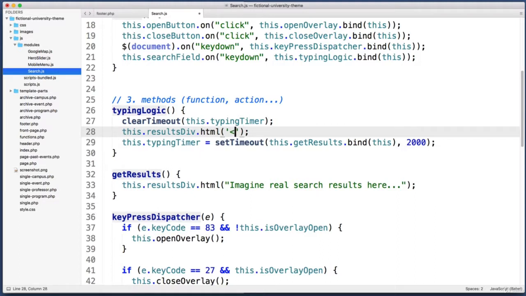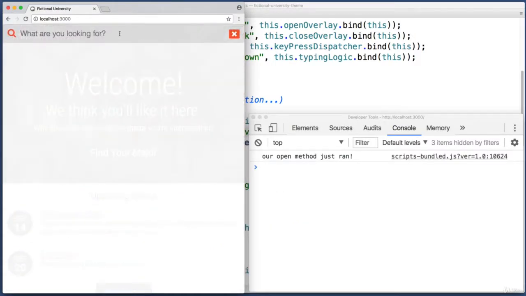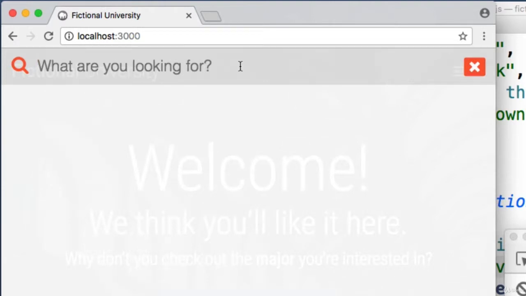And let's just add an empty div. And the important part, let's give the opening div tag a class of spinner-loader. I've already written the CSS for us that corresponds with this name. So if we go ahead and save this and jump back to the browser, let's open up the search overlay, and as soon as I press even one letter,